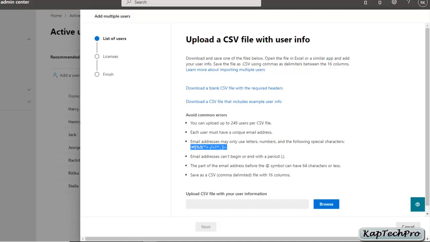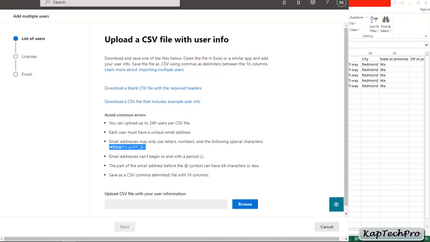The fourth is the email address can't begin or end with a period. The part of the email address before the @ symbol must have 64 characters or less. The last common error to avoid is to save a CSV file, comma delimited, with 16 columns. So whenever we are creating a CSV file, we have to avoid these common errors.